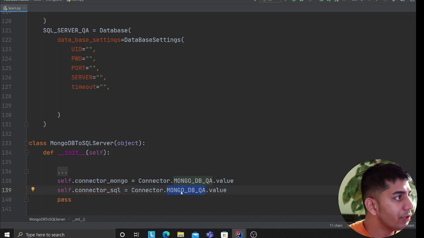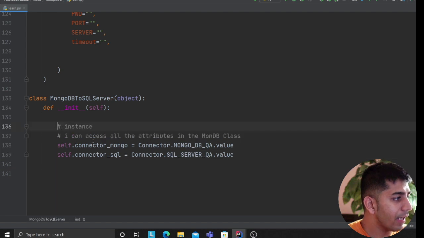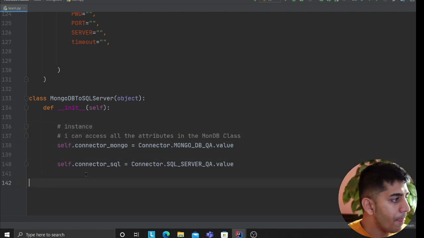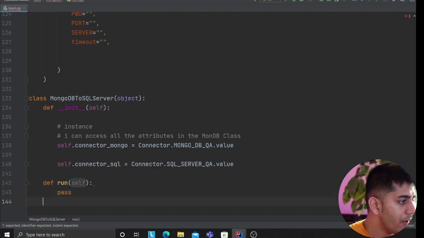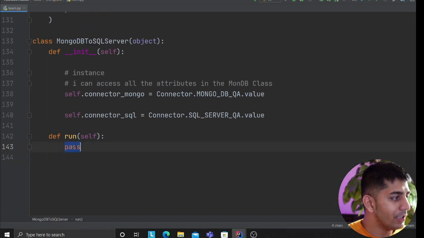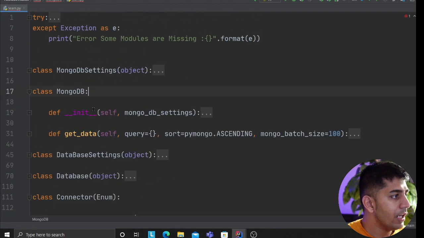Now here, what do you think it will be? See how you're encapsulating your code now? So now it becomes a piece of cake, right? So now I can say a run method, okay? Now take a look at this. Since you have access to these classes, all these methods as well.